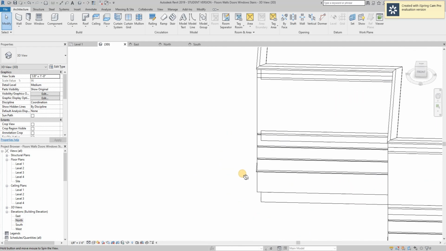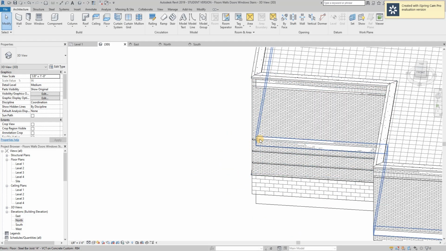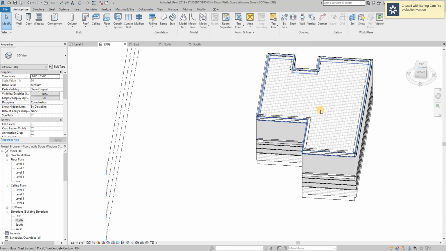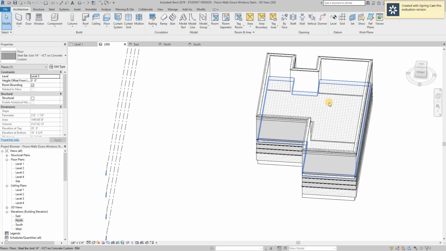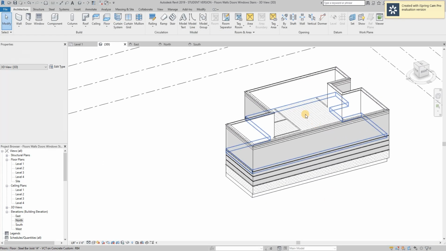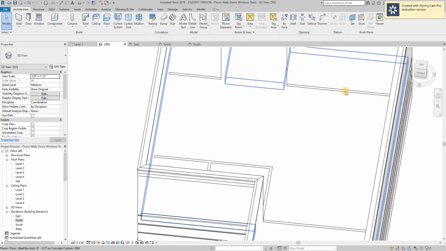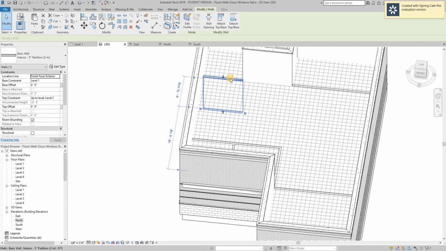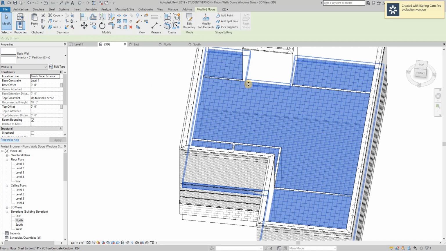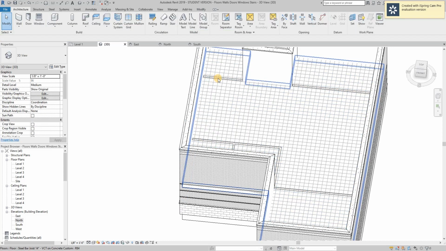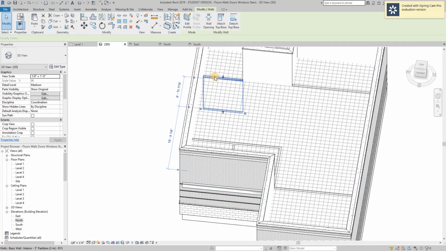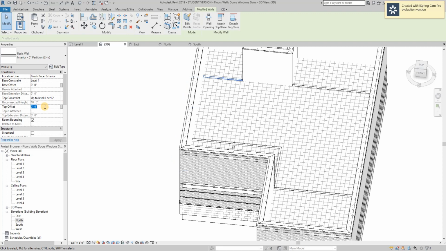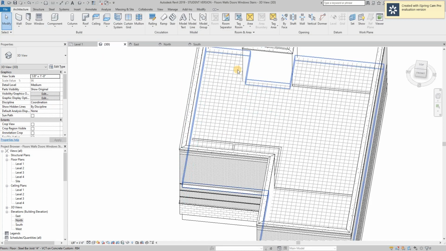So then you can get into editing each one as far as where it hits the wall. And then we also don't want to set our floors, so we're going to delete that one. But you can see how it comes through automatically. And then this is where we start to play with the wall connections. This one goes up to level 2, but because the floor is also at level 2, you can start to see the wall through the floor. So we can come in and adjust that offset, maybe -6 inches,